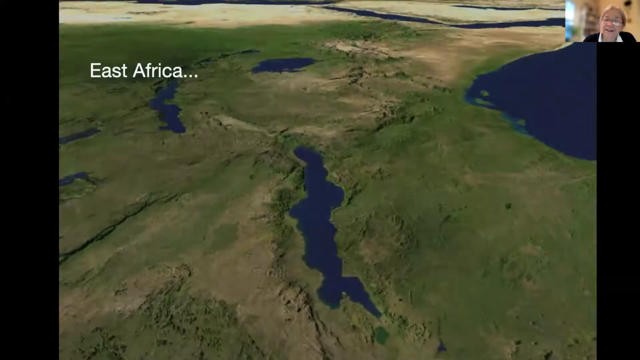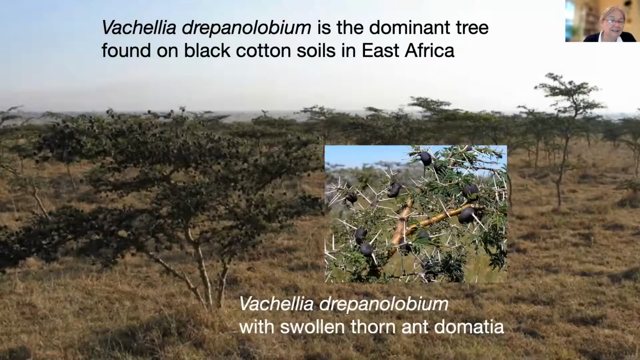If you go to East Africa, the Rift Valley, and we make it to Kenya, especially the black cotton soils, these are clayey vertisols in East Africa. They are dominated by a single plant, which is the Whistling Thorn Acacia, Vachellia drepanolobium. So it's the dominant tree as far as the eye can see. It's overdispersed. Each tree is effectively an ant colony, and so they don't tend to touch each other. So it makes for a very interesting